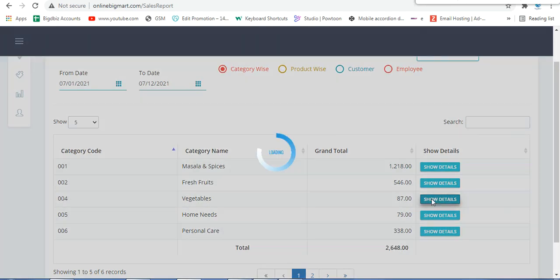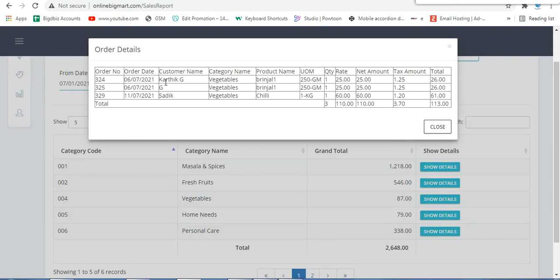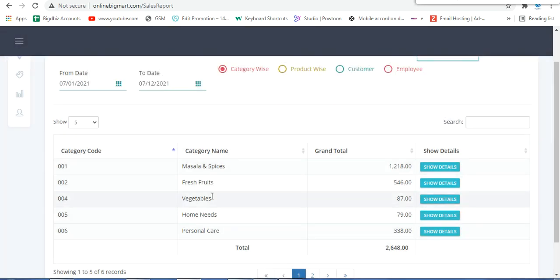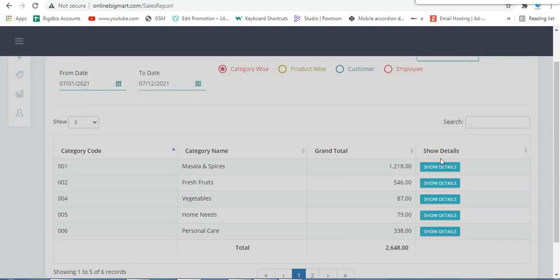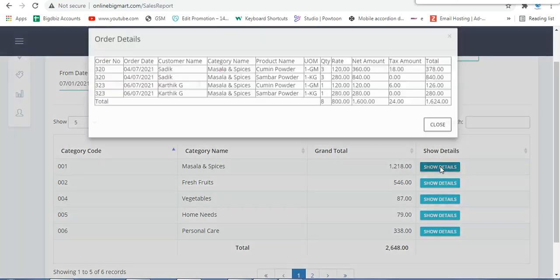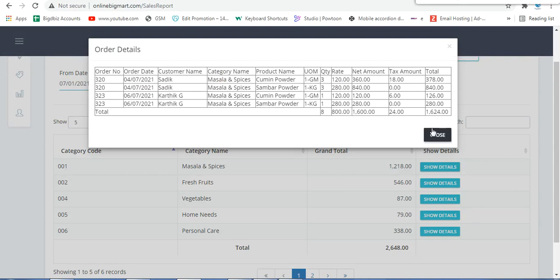If I want to see each in detail, you can see here which is the customer, what is the category name, what is the product, and what is the total quantity. You can see based on the category alone, and who are the customers who have ordered for that particular category. It will be very easy for you to understand which category has sold the most, and which customers need that particular category. You can categorize them. It will be easier for you to make decisions based on that.